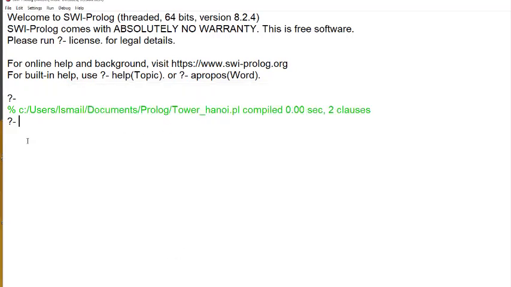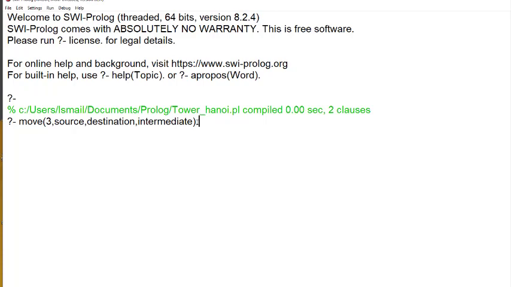So we'll type move, the number of disks is 3, then source, destination, and then intermediate. Maybe there's some spelling mistake there. Okay, intermediate, and then a full stop.